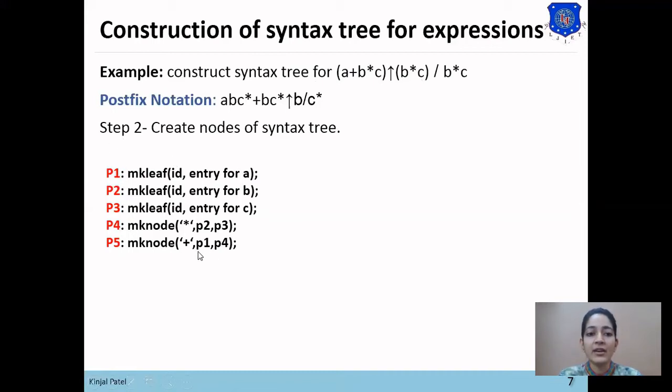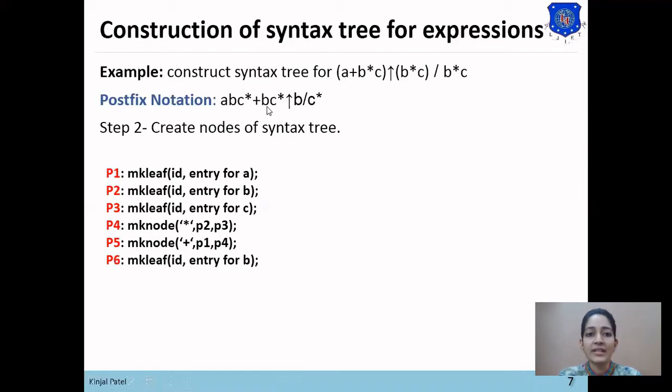So the left child of plus will be P1 and the right child of plus will be B star C. So here B star C has been stored in the P4 temporary value. So P1 is the left child and P4 is the right child of plus. And this plus operator has been stored in the P5 temporary value.